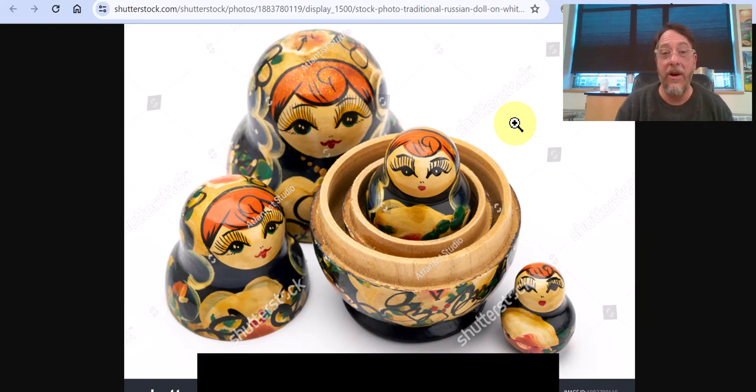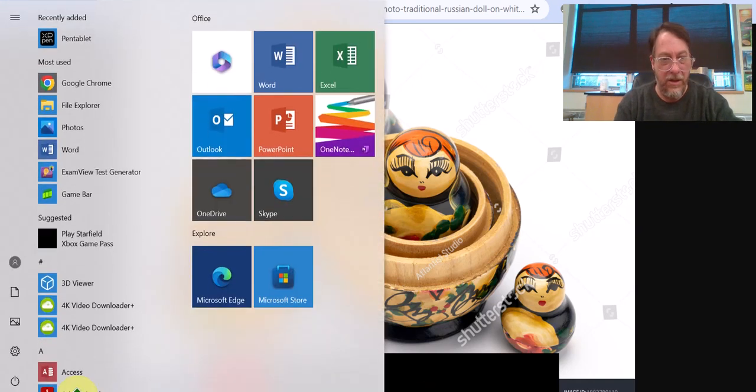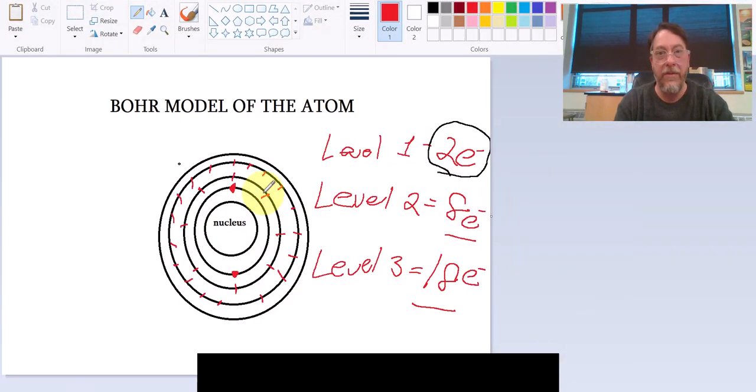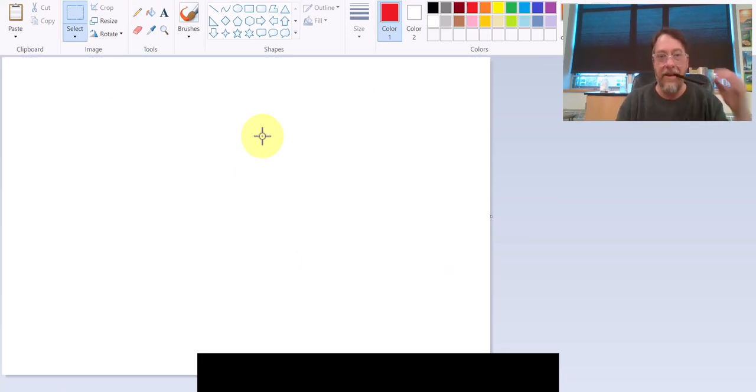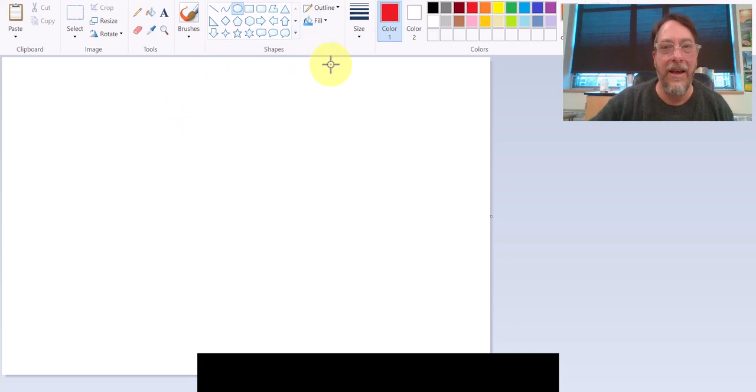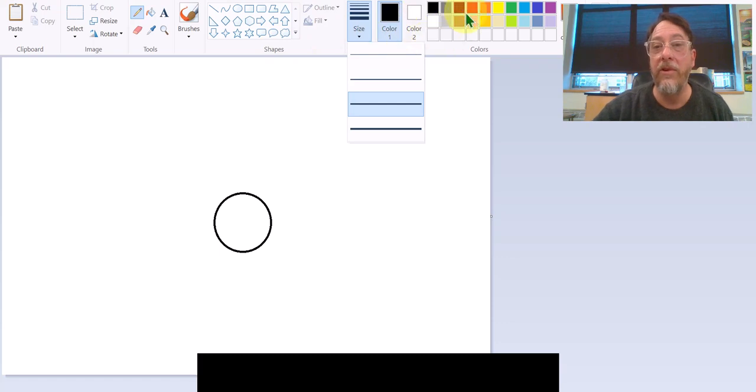Let me show you what I'm talking about. I'm going to go back to my paint program here, and I'm going to delete everything. And I'm going to start with a circle here. So the first level does indeed still hold just 2 electrons,